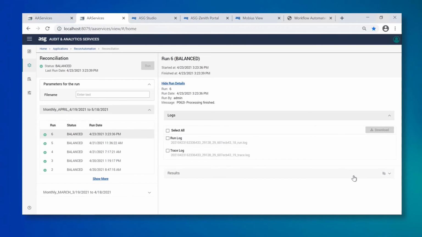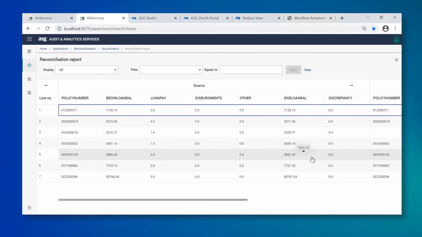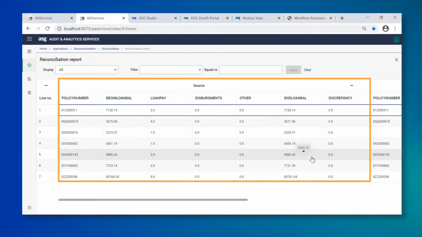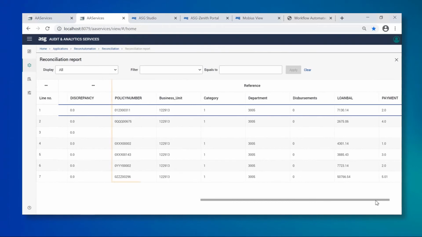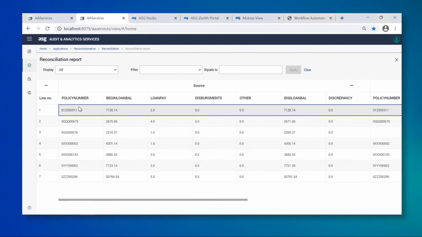Also available is a web-enabled report from the reconciliation business process. This report shows target data on the left, and on the right is the reference data with which it is being reconciled. The report shows missing data and has filtering capability. The discrepant records have triggered a workflow and related user tasks.